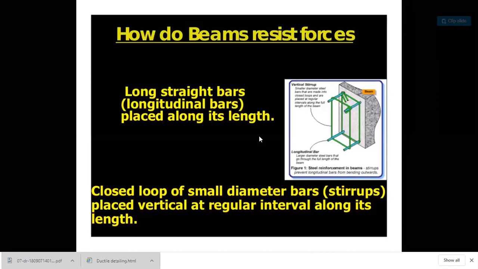And second thing is that when such stirrups and wires are tied with each other, and the concrete and the steel have a combined effect, combined bonding is in a good position, at that time the beam becomes good in property, and it will resist the forces which are coming on the beams. So for achieving the resistivity of the beams to resist the forces, we have to make sure that all the vertical members, the stirrups and the wires are tight with each other.